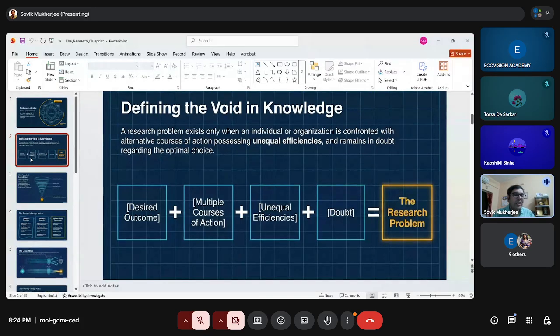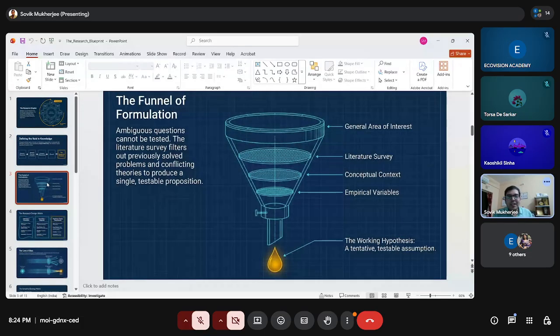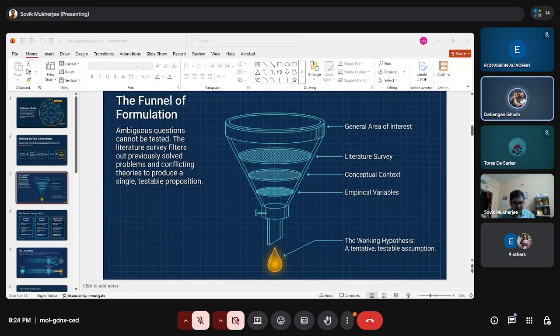Now what do you go about doing after that? Can any one of you tell me? What do we do after that? Think carefully. So I have defined my research problem. Tell me, go ahead. Search for existing works regarding that problem. What is that called? Very good. What is that called? I think it's literature. So literature review. Literature review. What do we do with that?